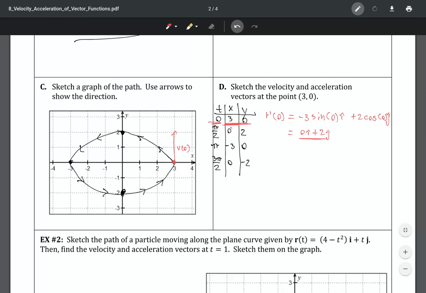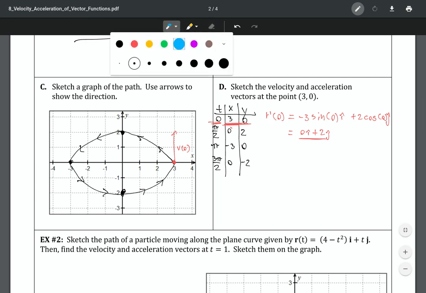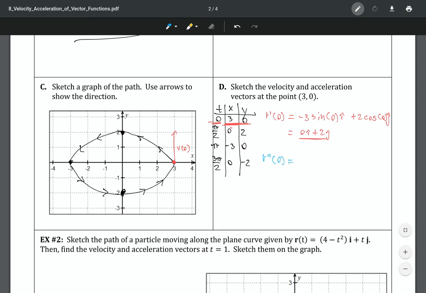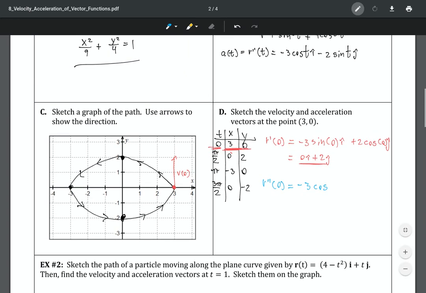Now, for the acceleration, which is the second derivative, again, I have to plug in a 0. That will be negative 3 cosine of 0 i plus, and you know what? I'm going to write it the same, I'm just going to use a different color. So again, this is the acceleration, which is the second derivative of function r. So this is 3, and again, I already have that written over here. So as you can see on this one, that's just going to leave me with negative 3i